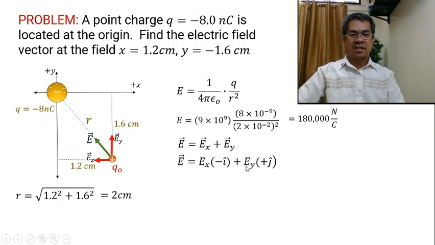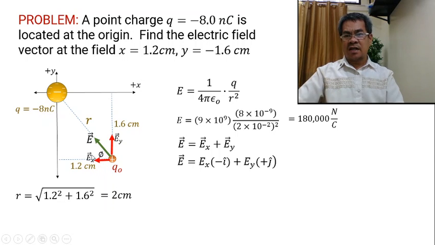Now, what are EX and EY? EX and EY are the components of E along X and along Y. Remember, we have this magnitude. So, in order to come up with the components along X and along Y, we need the angle. We can use the angle to get the components. We already have this R, so aside from R, we need theta. So, where is your theta? Your theta must be this angle.